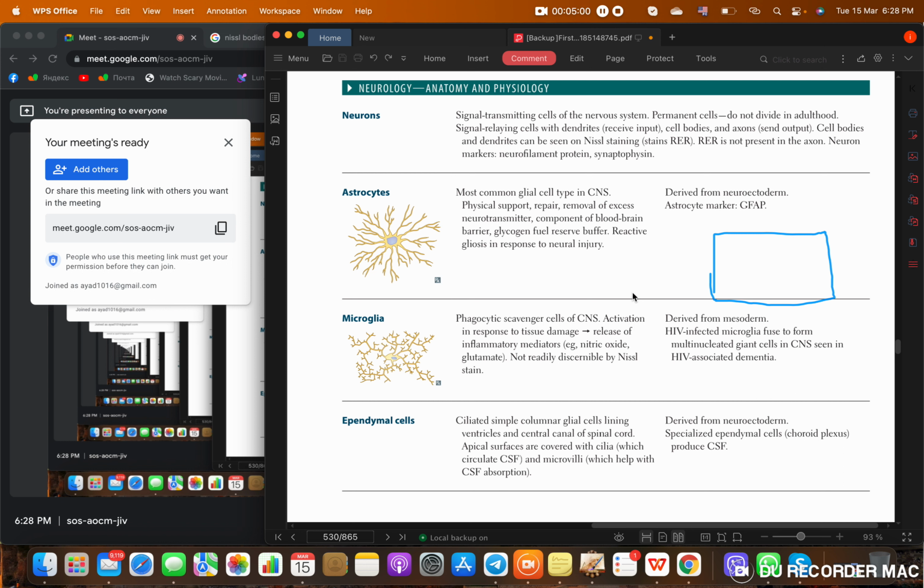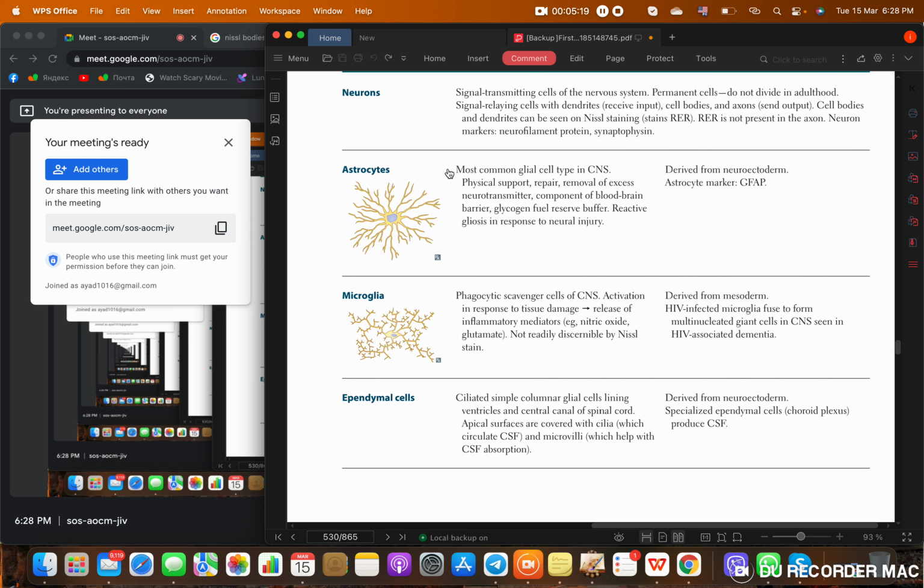Okay, so all of the neurons are located inside, around the astrocyte, but the astrocyte is the thing that connects everything to each other. They are the glue that keeps everything together. The astrocyte is the most common glial cell in the CNS. It makes up to 50% of all cells in the CNS. It gives the physical support that I just explained, and also helps in the process of repair and